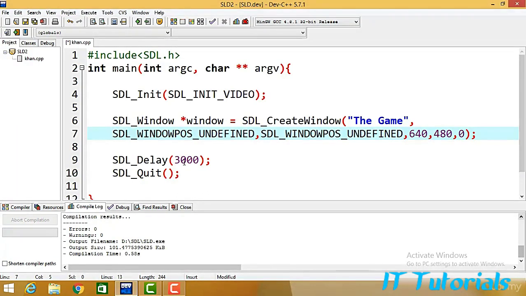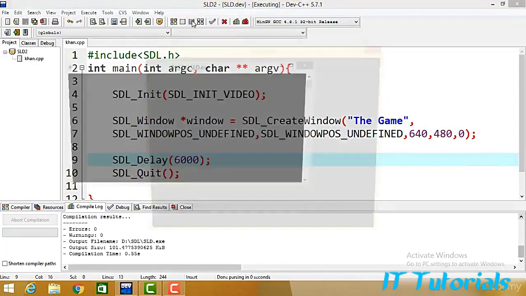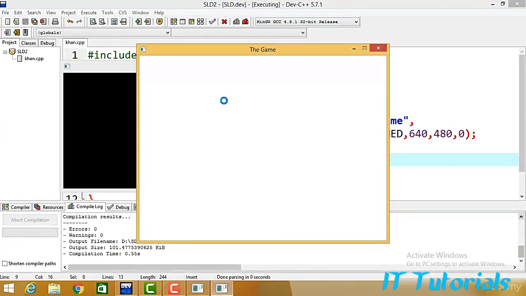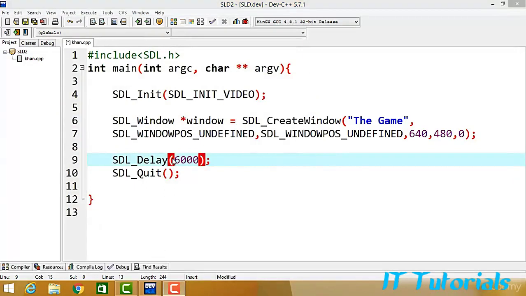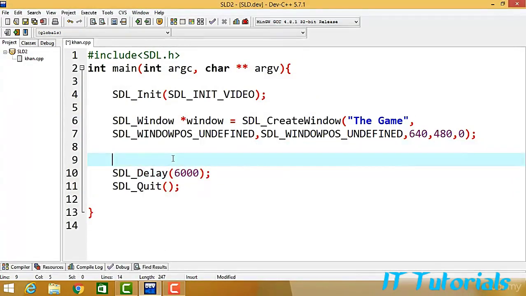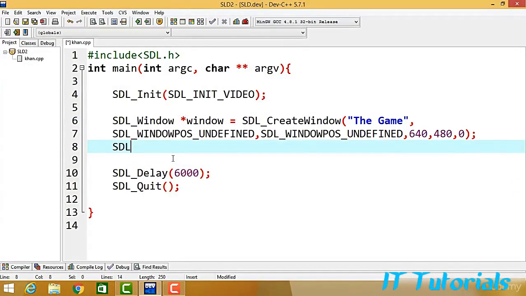Let me run it by first increasing the delay time to 6 seconds or so. Run it. You may see that a window has appeared, but it is not updating, and the reason behind it is that we haven't used STL renderer till now, which I'm going to use right now. Now to use STL renderer, STL has something called STL renderer, and then make its pointer instance, name anything you wish,